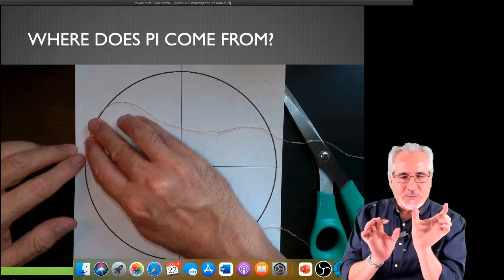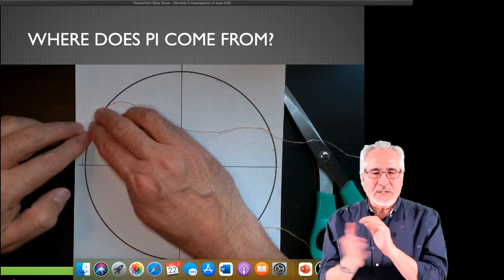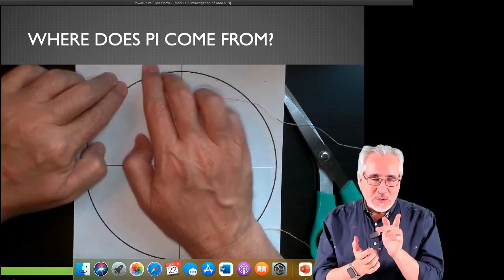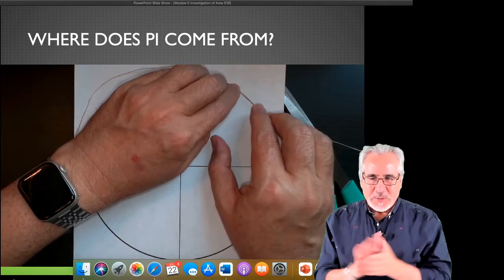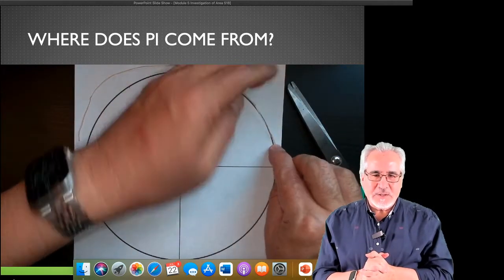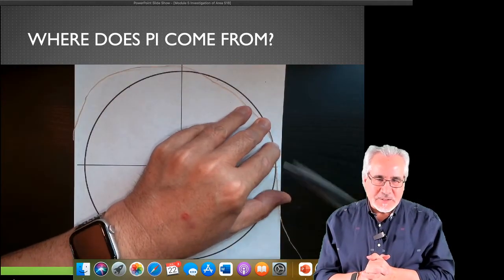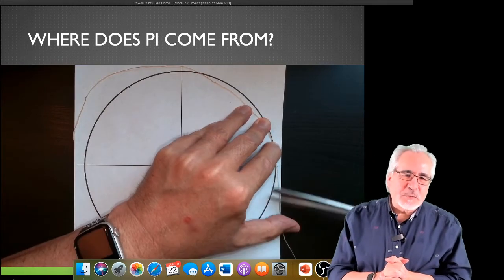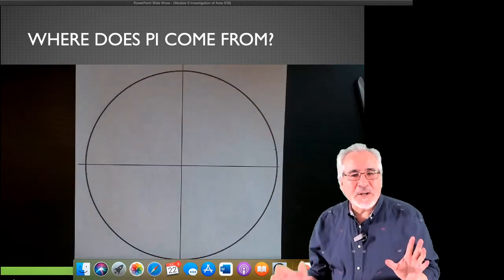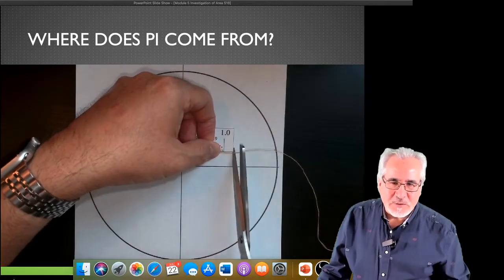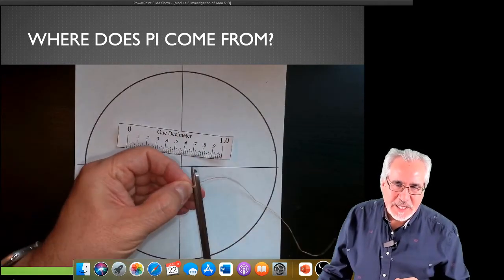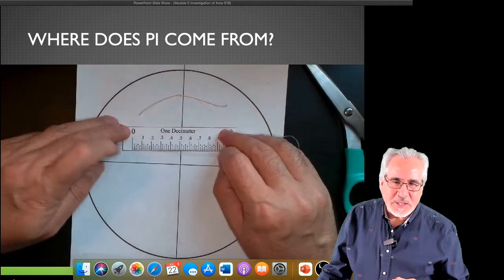Kind of makes sense because we're using the radius instead of the diameter. If you wanted to use the diameter, you'd have to go all the way around the circle, but we want to shorten that up a little bit. So first I put a string and measure as accurately as I can. Again, we're going to get some error here. Now I want to measure how long that string is, and all I've got is a 1 decimeter measurer, so I cut. There's 1 decimeter,